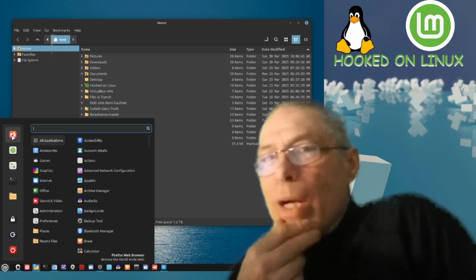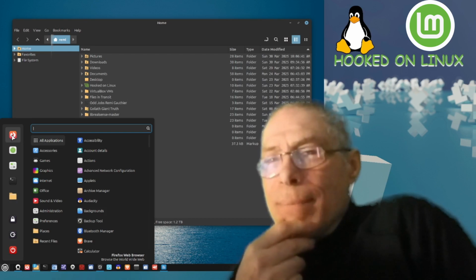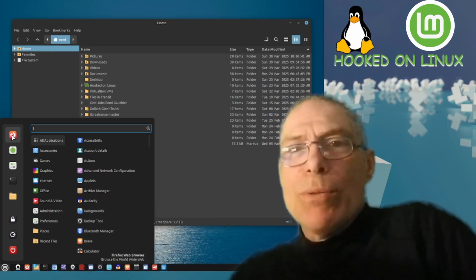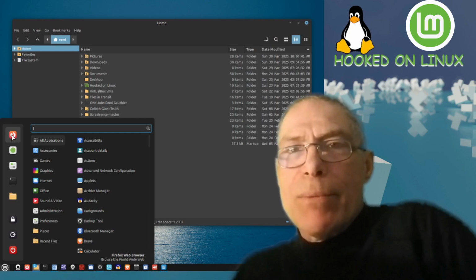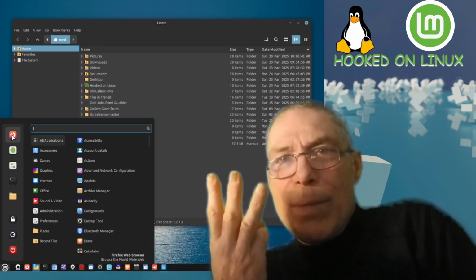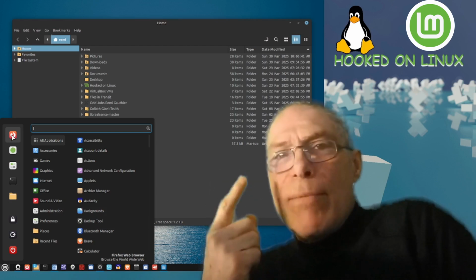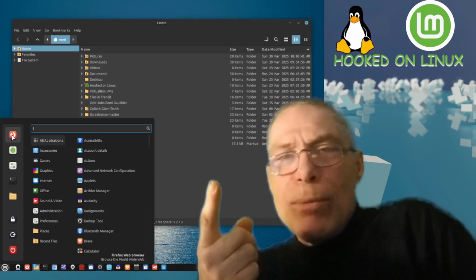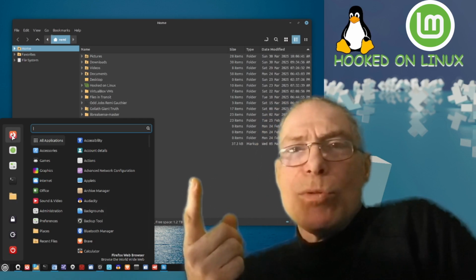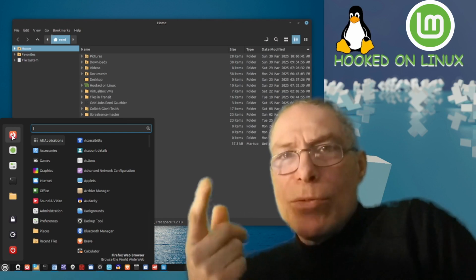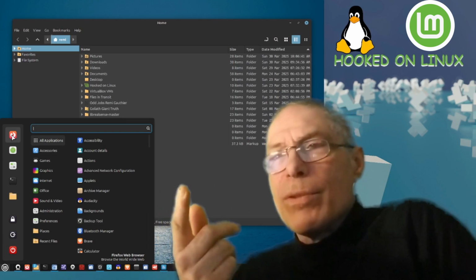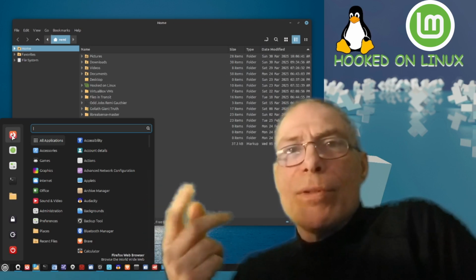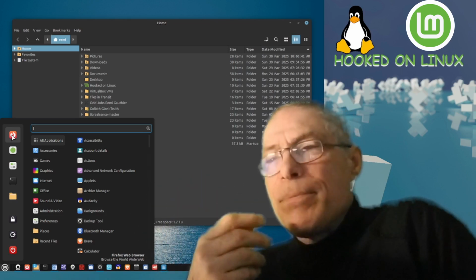So when it comes to web browsers, and this all depends on why you've left Windows or Mac or whatever operating system you were on, when you migrate to Linux, I think there's three types of people that migrate to Linux. People that have old computers that don't want to throw them out and want to keep them usable and reasonably up to date. So they'll use it for Linux. They'll turn it into some kind of Linux server, media server, or data server, or storage device, or whatever.